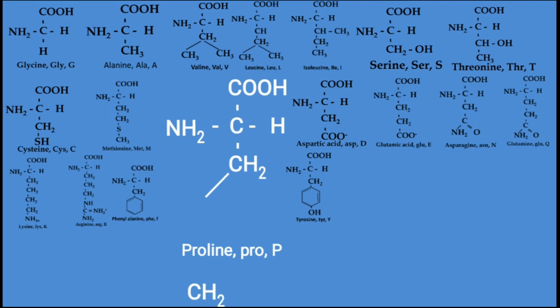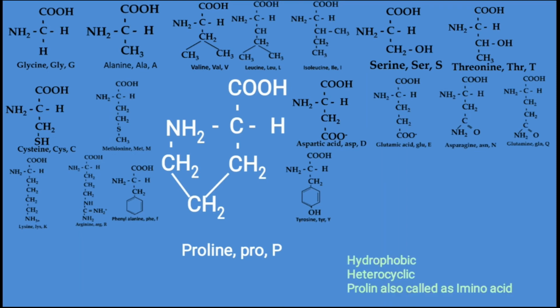The next amino acid is proline. In the alanine amino acid structure, 2 methyl groups are added and the second methyl group is linked with the amine group NH2. So it is called a heterocyclic amino acid and it is also called an imino acid. The reason is one of the carbon is linked with the amine NH2 group, so it is called an imino acid. It deviates from the normal amino acid properties. It is called PRO and its 1-letter code is P.